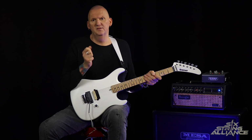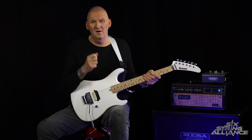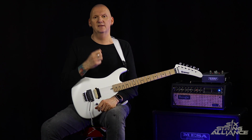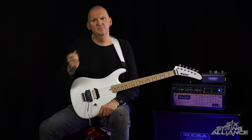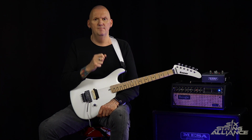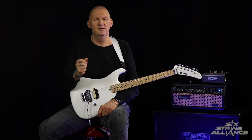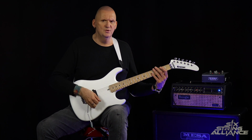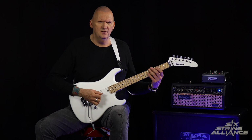Now, I'm playing all of this with alternate picking. I'm not very good at picking. I've said that before in my videos, and I almost treat this like a picking workout because you're jumping over strings. So you've got that inside and outside picking technique going on, keeping the picking consistent. But George tends to do this thing where he alternate picks